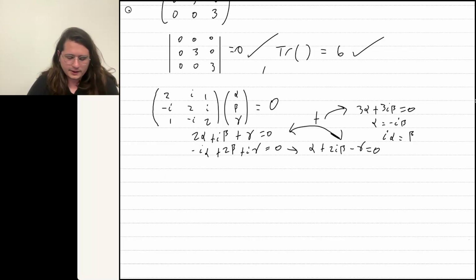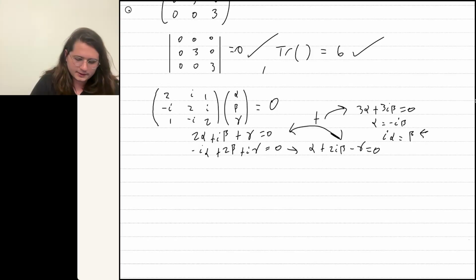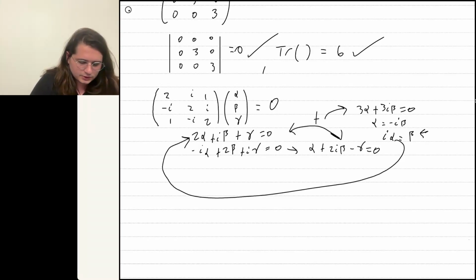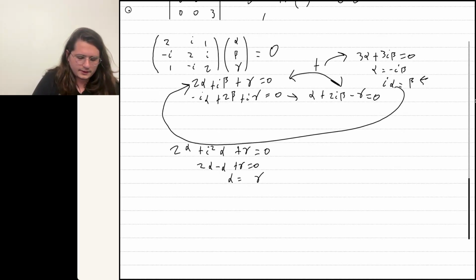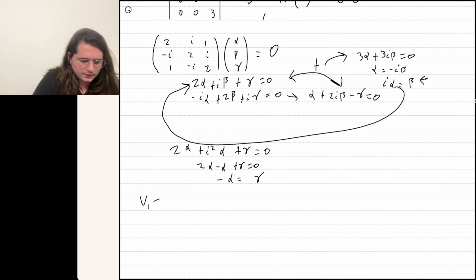I don't even know if gamma is free. Alpha should be free. If you plug this guy back into this equation over here, then you have 2 alpha plus i squared alpha plus gamma equals 0. Then you have 2 alpha minus alpha plus gamma equals 0. So you have alpha equals minus gamma. Okay, so whatever. That should tell you, if you set alpha to 1 for V1 with normalization N1, you get